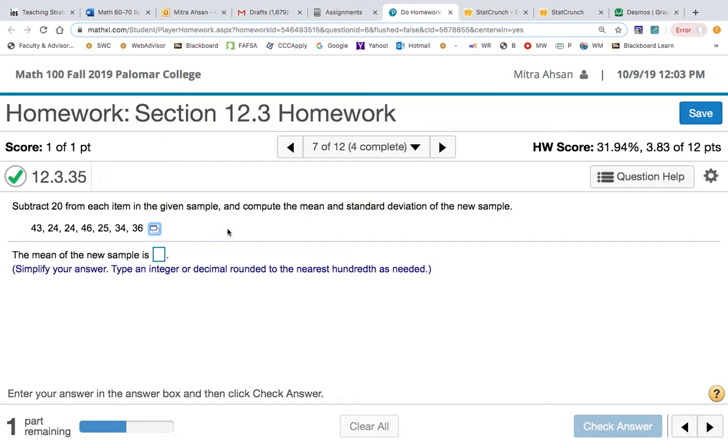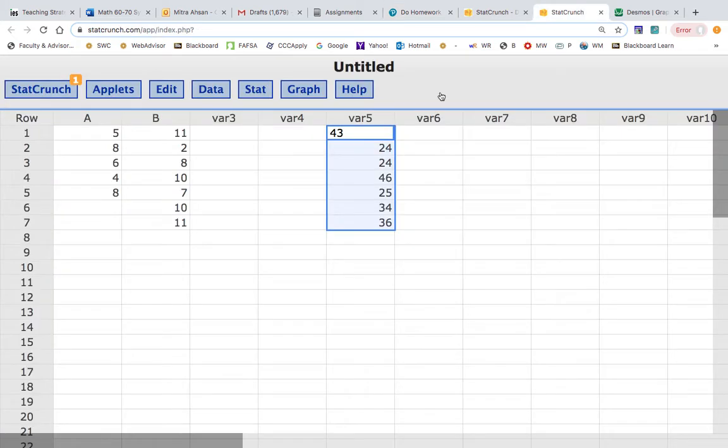And when you've checked it and it's good, now we need to subtract 20 from each item. So if you want to subtract 20, you can just do it by hand. 43 minus 20, that would be 23. You can type it in here and just type 23. That's one option. But the other option is to let StatCrunch do all of them for you,